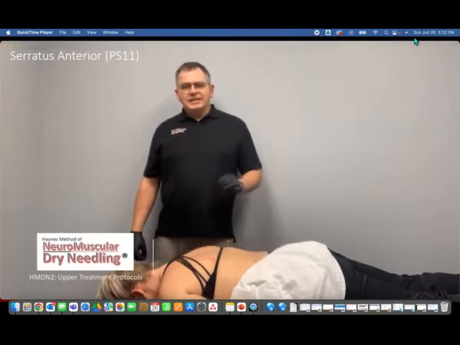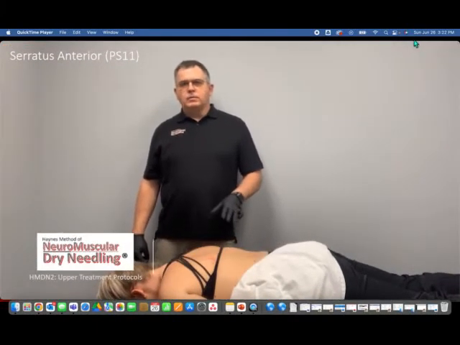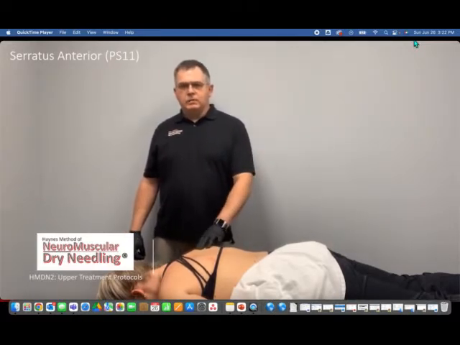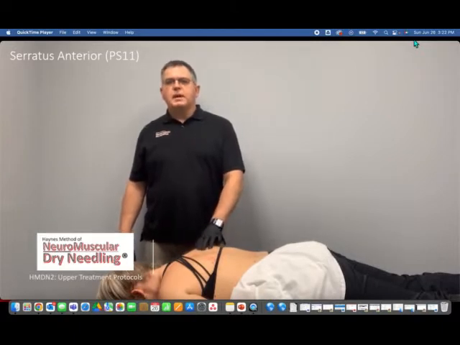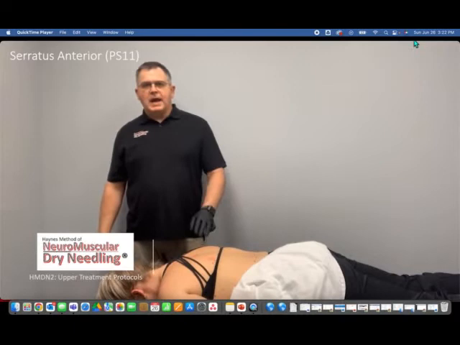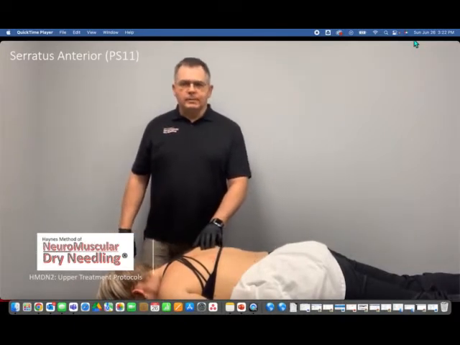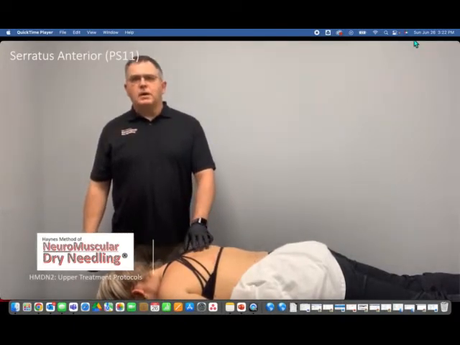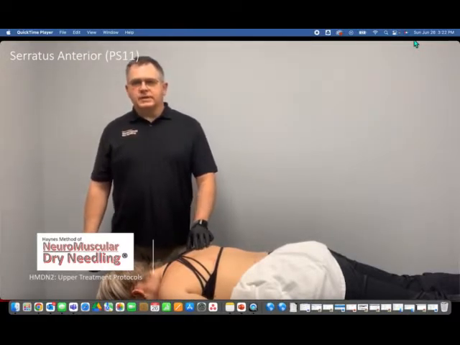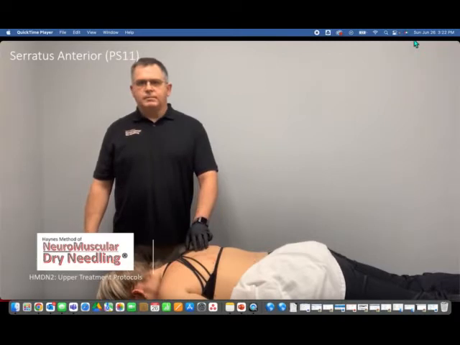For the serratus anterior, position is going to be prone. We're going to have a needle length of about 3 centimeters. It could be a little bit more on this approach. The backdrop is going to be the anterior surface of the scapula. With the patient's hand behind their back, we're going to use a profundus grip to pull the medial border of the scapula away from the chest wall and needle to the anterior surface of the scapula with periosteal pecking if